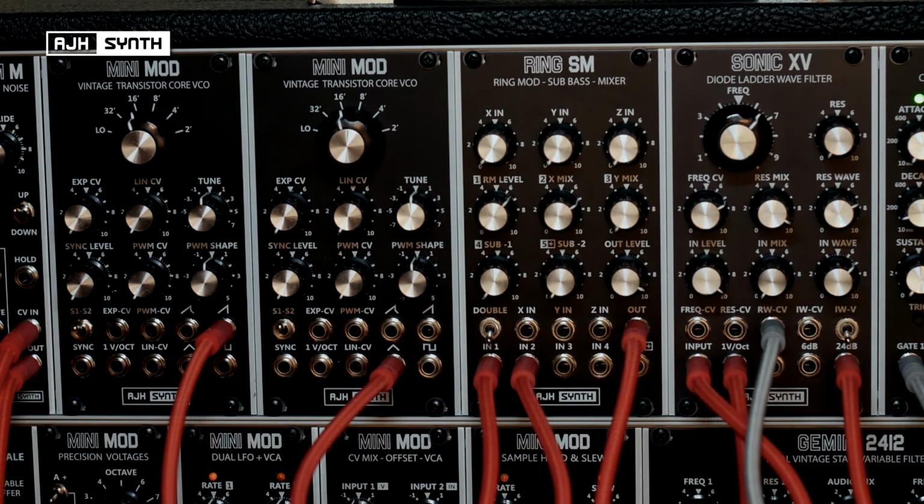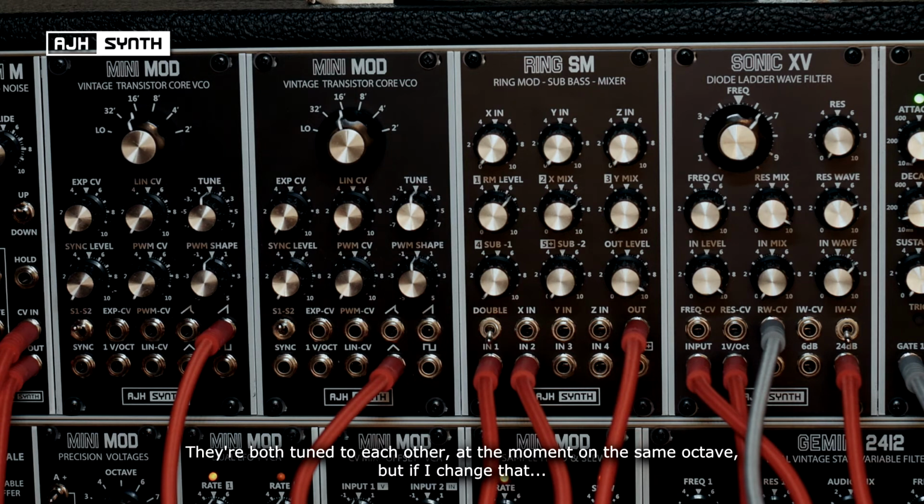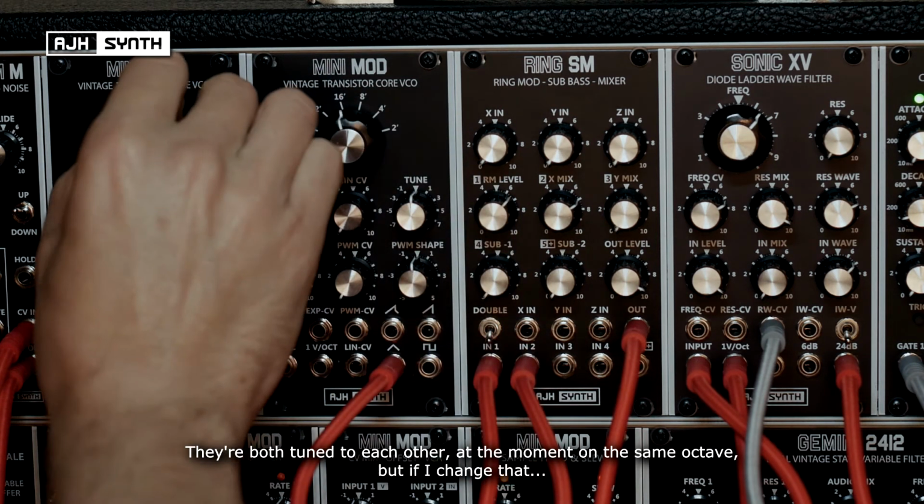So using the Ring SM to combine two different signals, I've got a sawtooth and a triangle wave coming out of two different oscillators. They're both tuned together, but at the moment they're on the same octave. But if I change that,